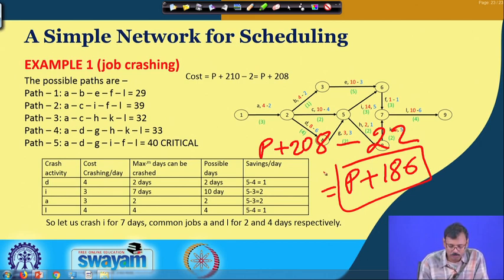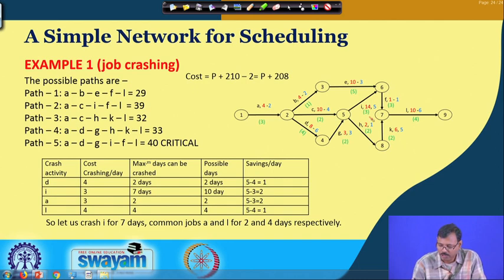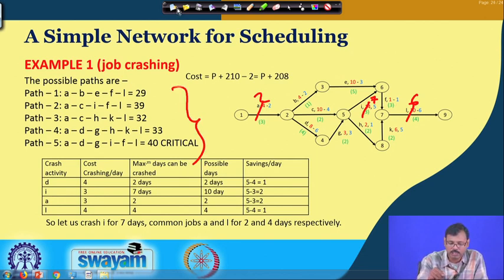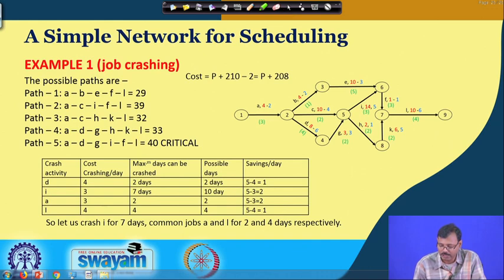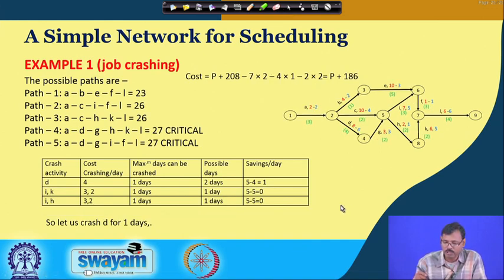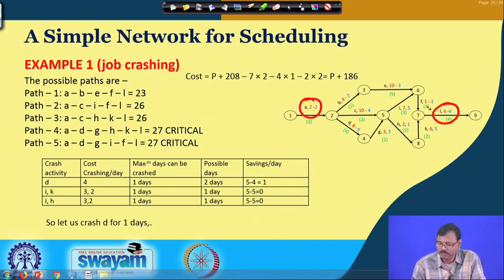Now, we have reduced this to 7 units, that means it became 7. We have reduced it to 2, we have reduced it to 6, and then all this will be changed. Now, let us look at what new network we are getting at this place. In the new network, you can see A is now 2, L is now 6, I is now 7, and if you determine the critical path now, you can see path 4 and path 5 are becoming critical.